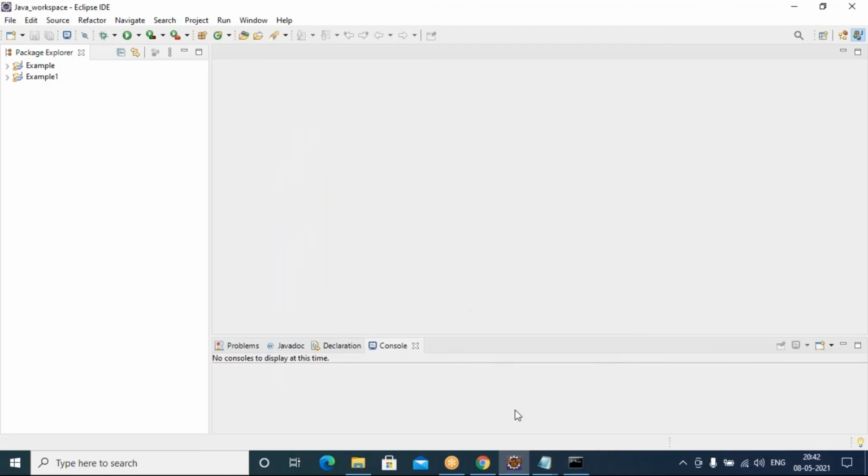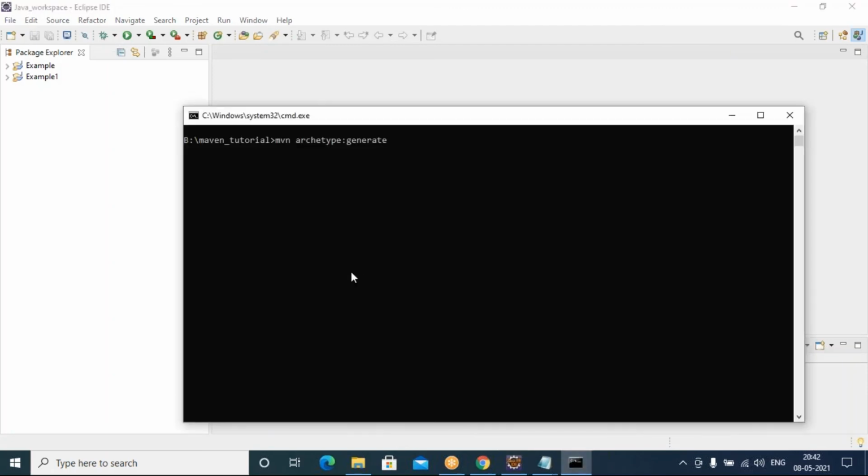So I'm going to specify the group ID, which is some package name.